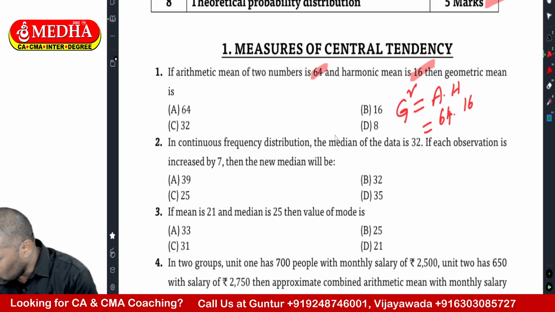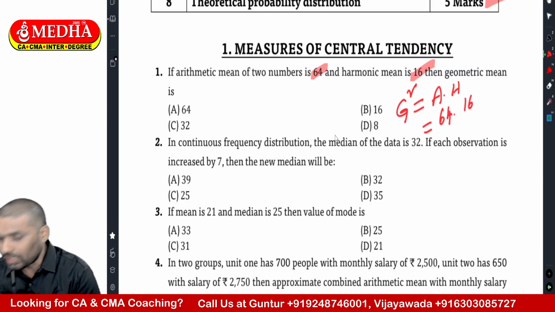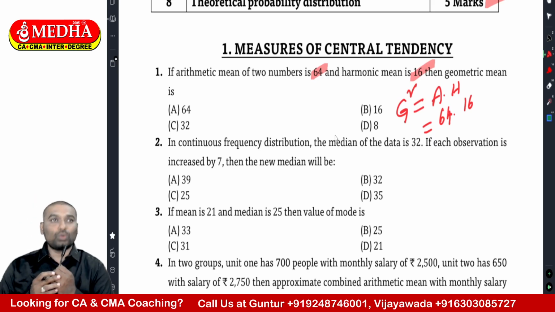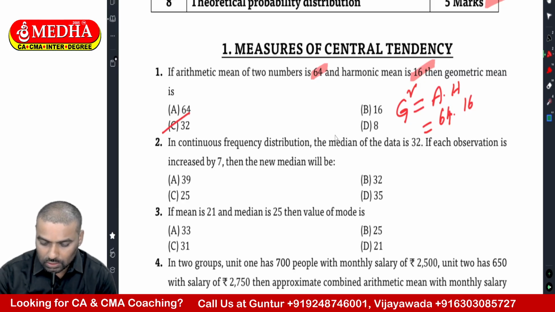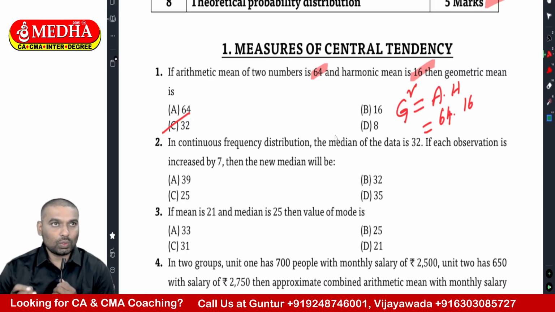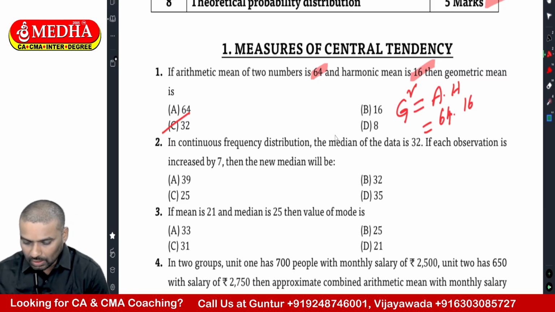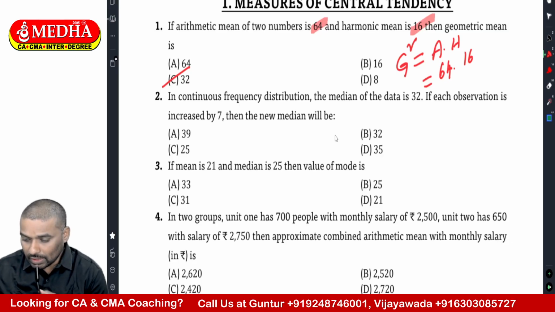Now 64 into 16, that is 1024. Root over 1024 is 32. So the geometric mean is 32. So option C is correct. For the first bit, geometric mean is 32, option C is correct. Now the second one is: in a continuous frequency distribution, the median of the data is given